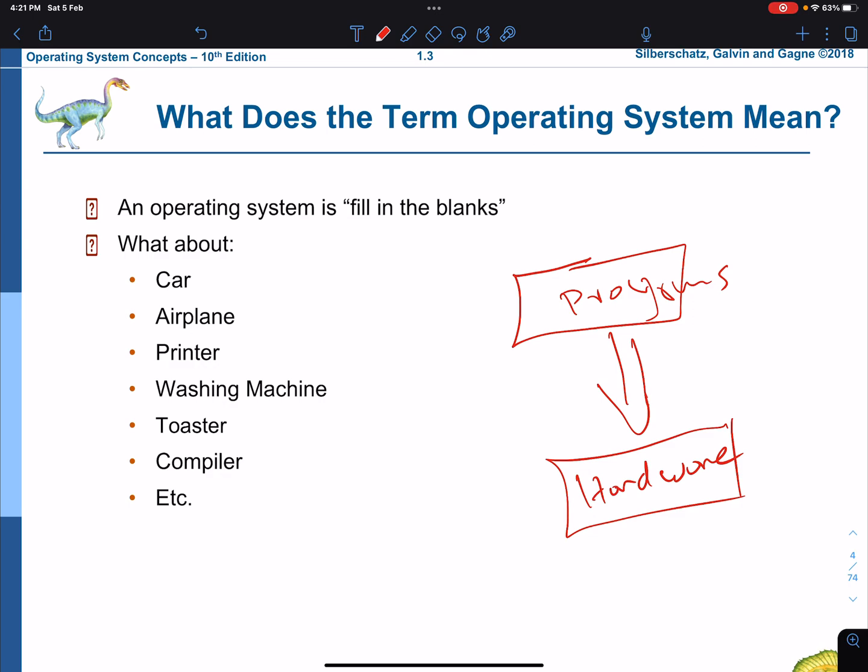And in a very abstract concept, the programs, the logic that controls anything, could be called an operating system.